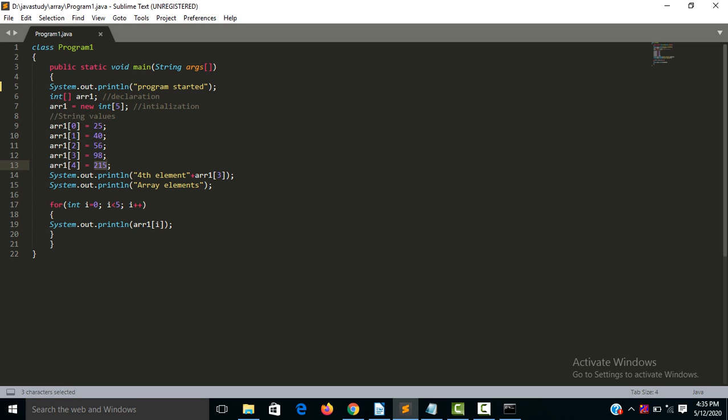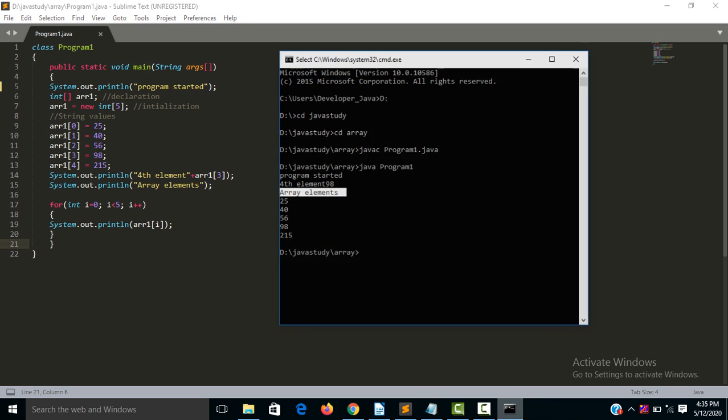So 215 प्रिंट करेगा इंडेक्स 4 में. एंड अगेन इट विल इंक्रीमेंट 4 plus 1 is 5, so i equal to 5. So it will check the condition 5 less than 5. No, it's false. So it will come out of the for loop, और यहाँ से for loop से बाहर हो जाएगा.